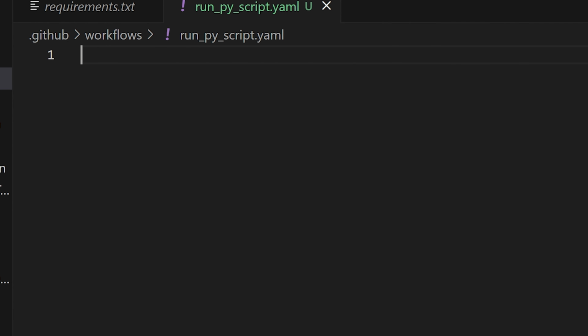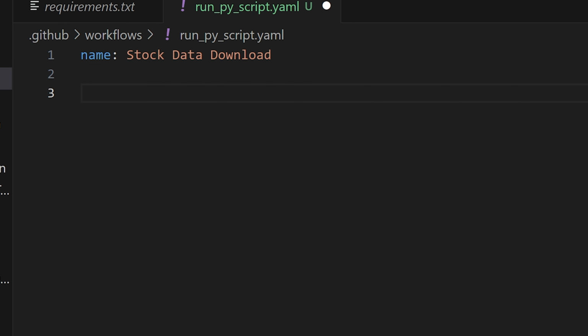And I have my YAML file up in my editor. Please note that YAML files are prone to simple indentation or spacing errors. The first time you write one, you may have to iterate it through a few times to get the indentation correct. At the top, I am going to name my workflow. I will call it stock data download.